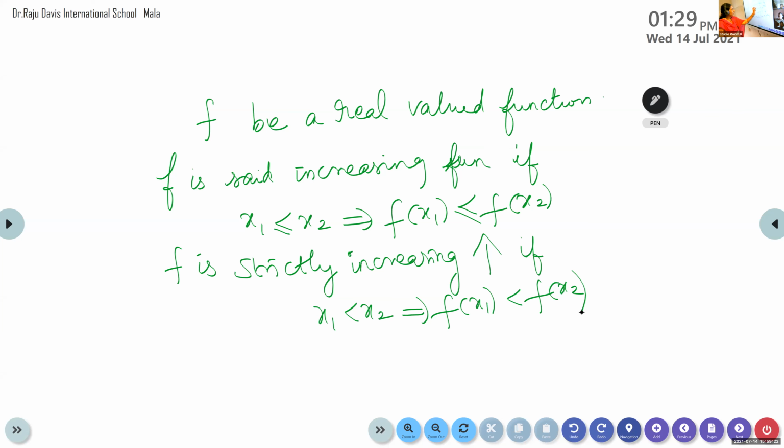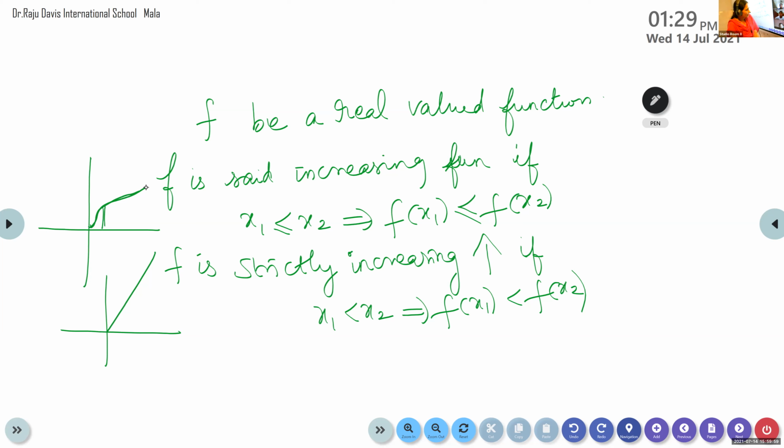Here the values may, at times, be equal. For example, suppose the graph is going like this. Slowly only it is changing. So, sometimes at two neighboring points we may get the same f of x. But if your graph is like this, then distinct values of x will have distinct values of f of x. Here it is strictly increasing, but if it is going like the other one, it is an increasing function. Is it clear, children?